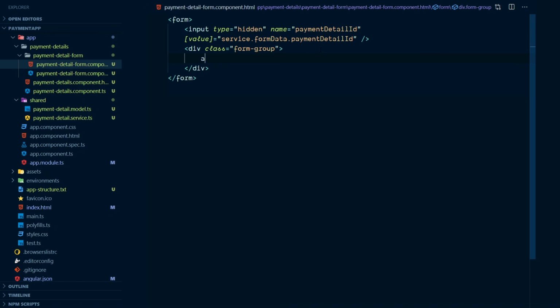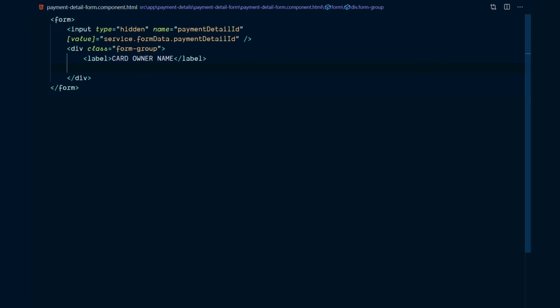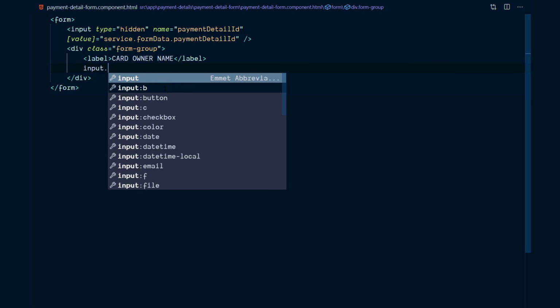Inside that we need a label. So with Emmet abbreviation, we could do this. Just type label, then hit tab. We don't need this for attribute here, so I will just remove that from here. Card owner name. Now we need a text box, so we could do this: input, and we have to add